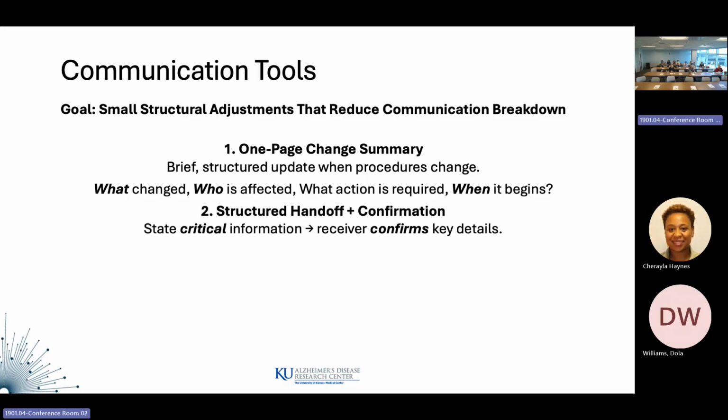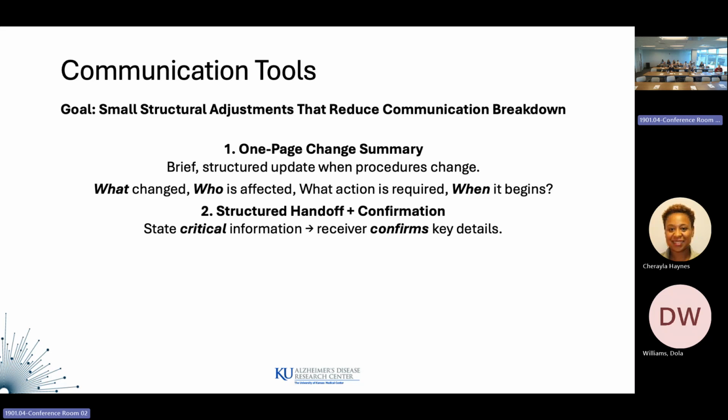We have a structured handoff with confirmation. This is done beautifully in clinical settings, especially here at Children's Mercy. Whenever there's a group of doctors that come in, they take over from another group of doctors, and it's imperative that the most important patient information is handed off. There's questions that go back and forth, and they ensure that the new team of doctors coming in has a firm understanding of what is expected of them and the patients that need the most oversight throughout the rest of the day. So what this looks like is someone states critical information.